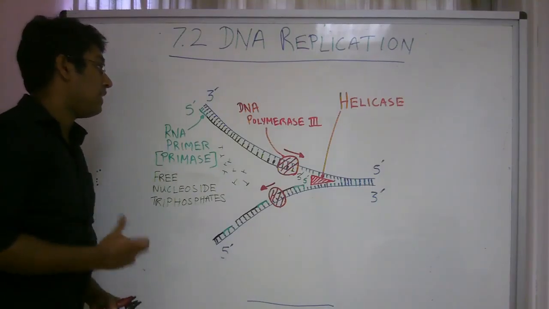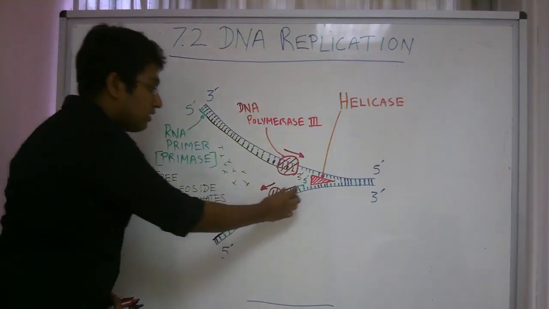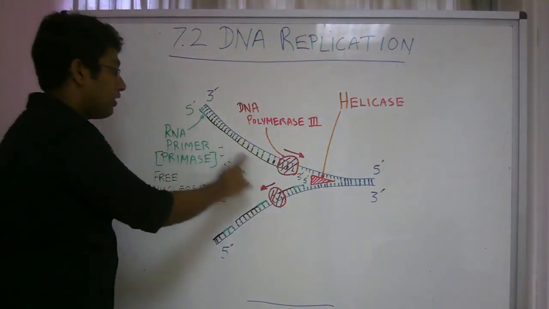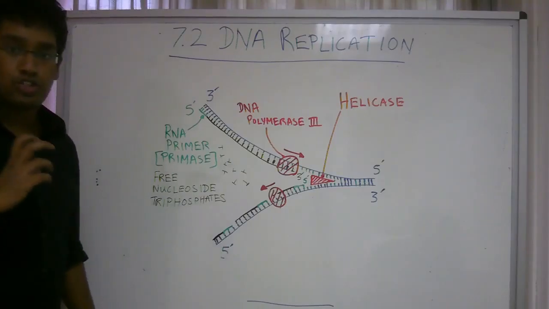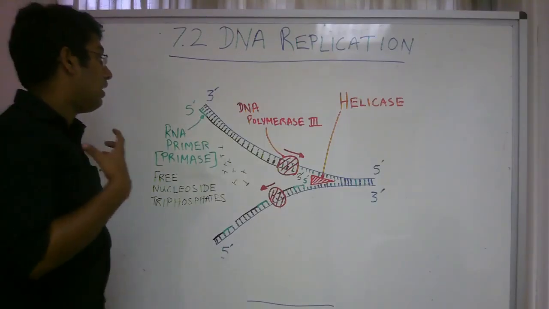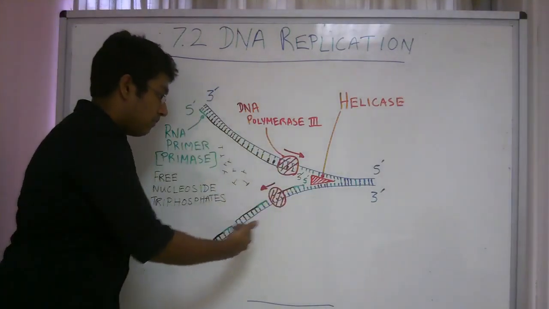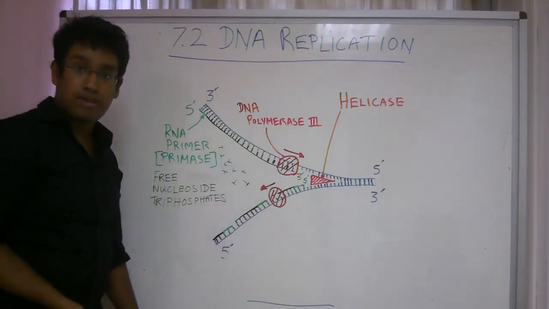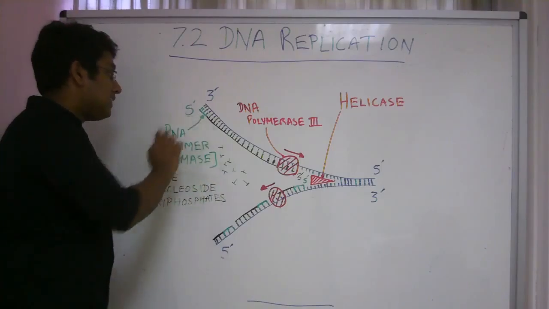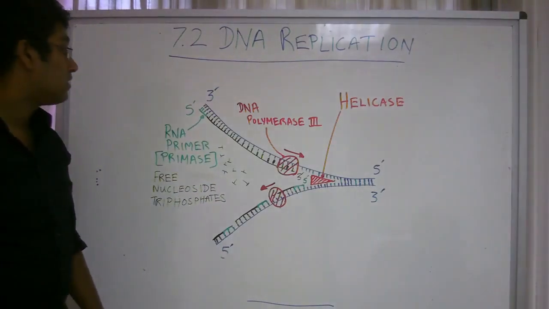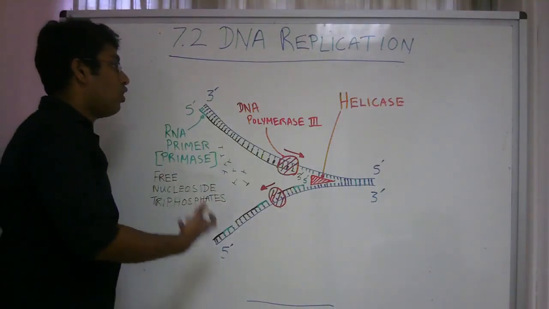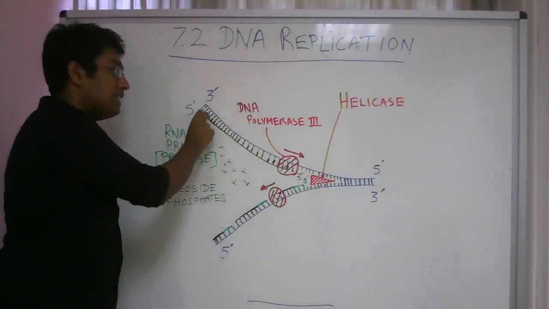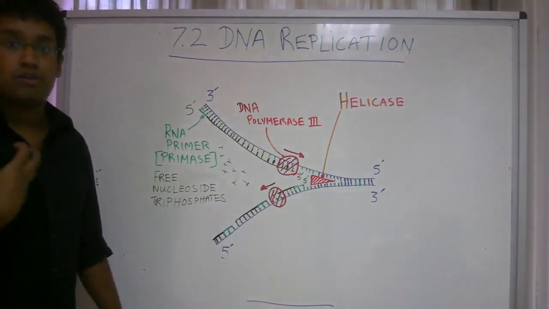And RNA primase produces these short fragments of RNA which are drawn in green, and these short fragments of RNA bind to the parent DNA strands drawn in blue by complementary base pairing once again, and these short RNA primers function as a place onto which the DNA polymerase III enzyme can bind and carry out the actual process of